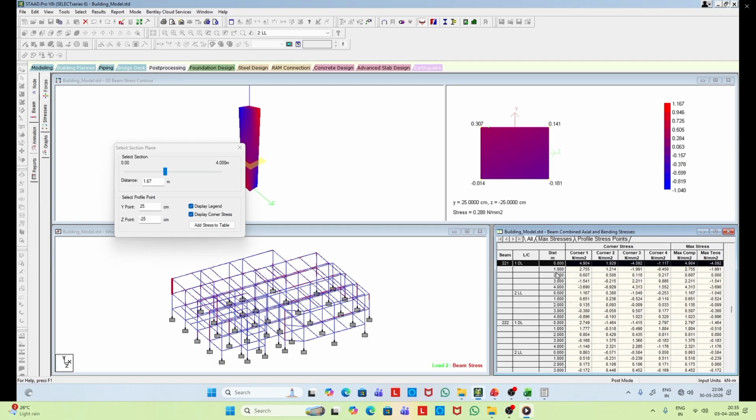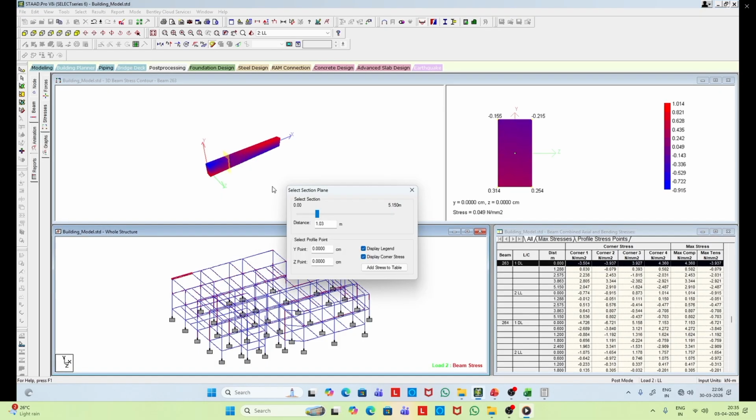So we get the beam number, it is 221. As you slide this over the element, we get the cross section, and that particular cross section we can identify the stress at a given point. You can see on the right hand corner at the top, the YZ in local coordinate is showing the plot, and for that stress value is also reported. And you can see maximum and minimum values of stress.